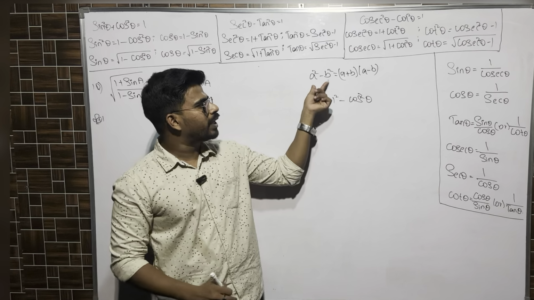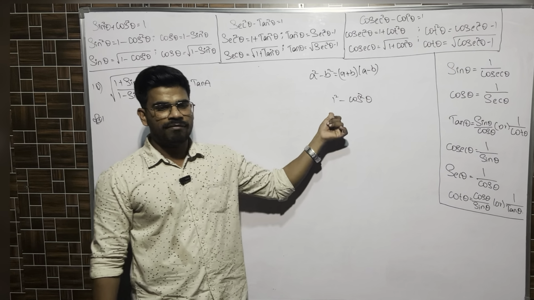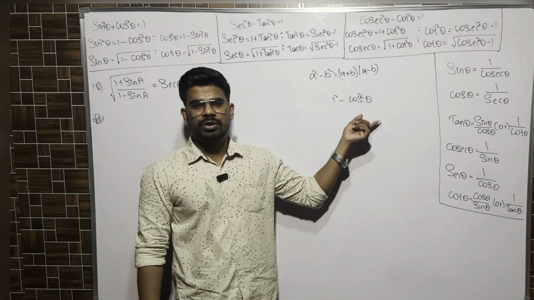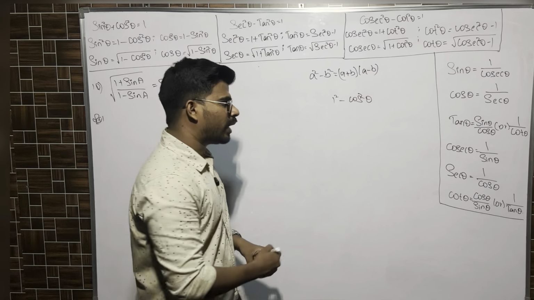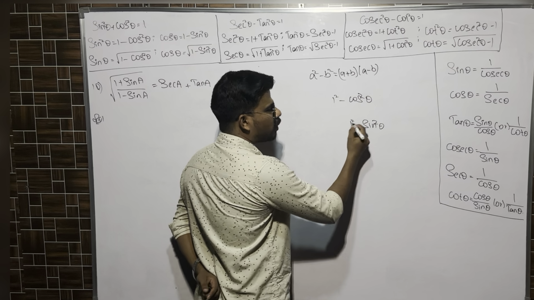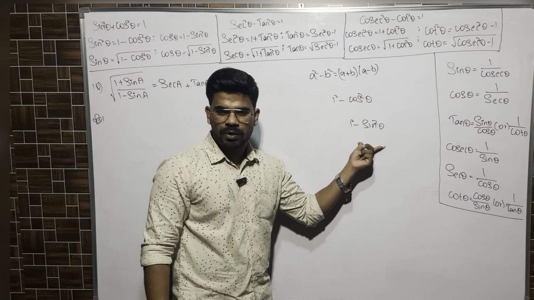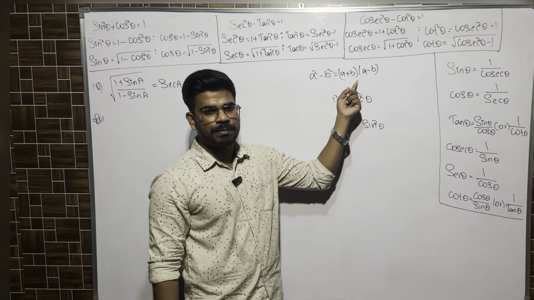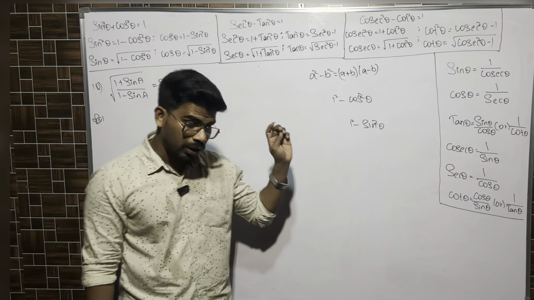Because it should change into a square minus b square, so that I can write it as a plus b into a minus b. Whenever you have 1 and a trigonometric ratio, with the square of the ratio and a minus in between, you have to put 1 square, similar to sine. For example, 1 minus sine square theta. I will put square to 1 as well. Why? Because it will turn into a square minus b square. If it is in the form of a square minus b square, I can write it as a plus b into a minus b. There are certain terms which you have to remember in all the formulas, all the sums.